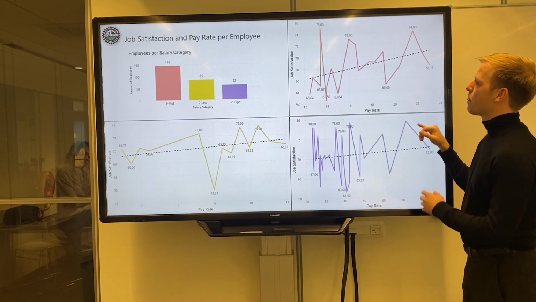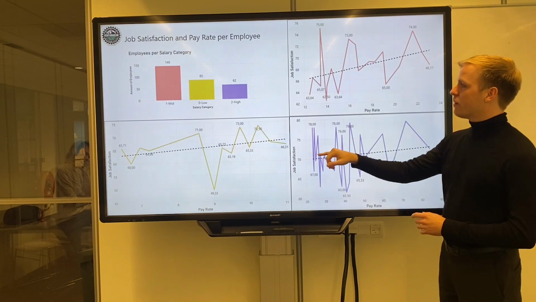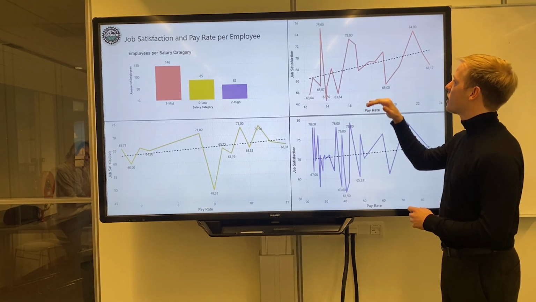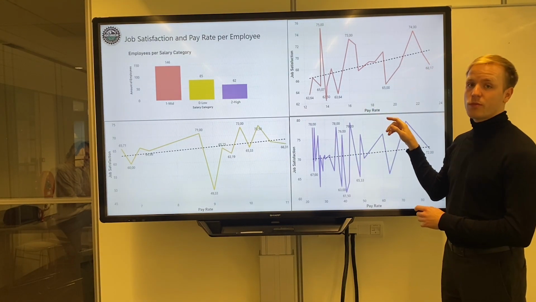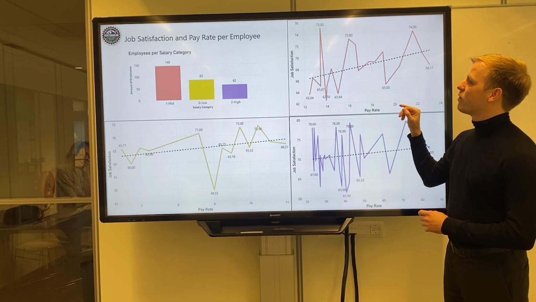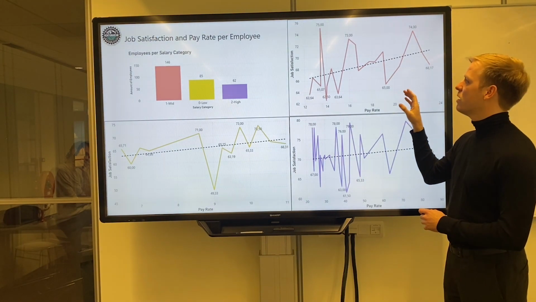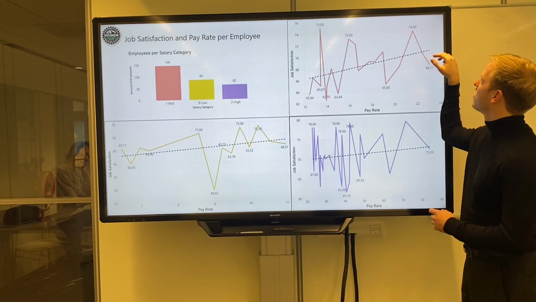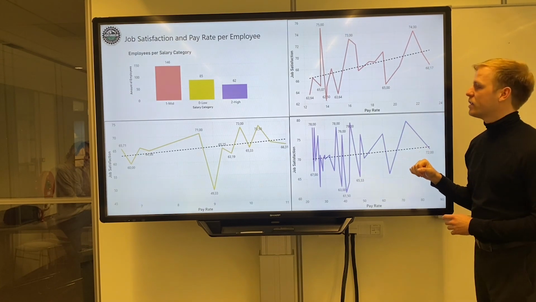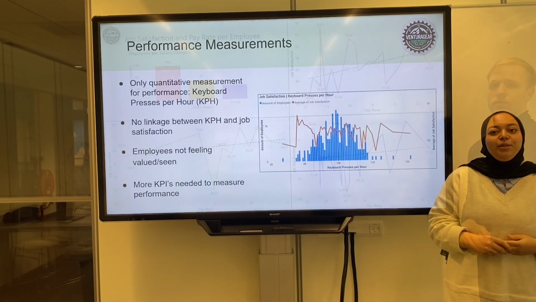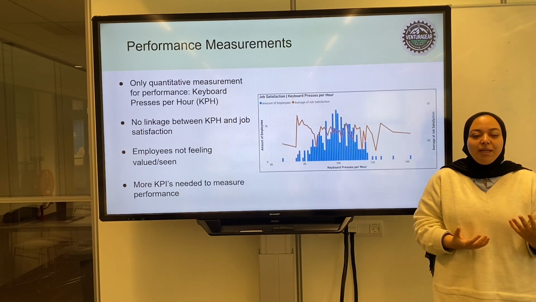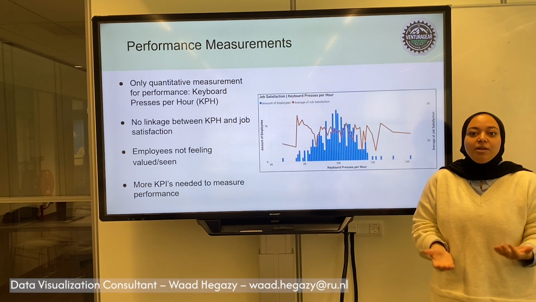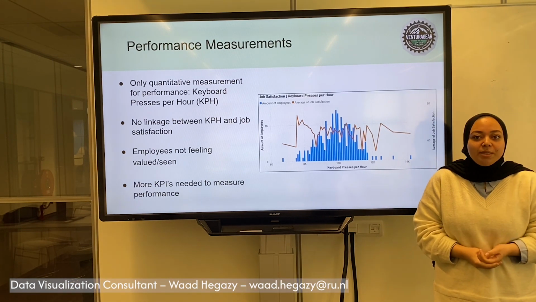scaling is different. But what you can see, in each of these salary groups, there's an increase of job satisfaction in relation to pay rate. And especially for the majority group, for the 50% quartile, we have a high job satisfaction increase with a high pay rate. So looking at satisfaction and how it's mainly influenced by extrinsic motivators, we now analyze performance measures to